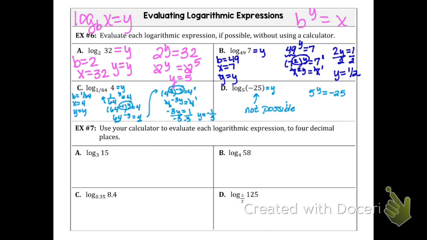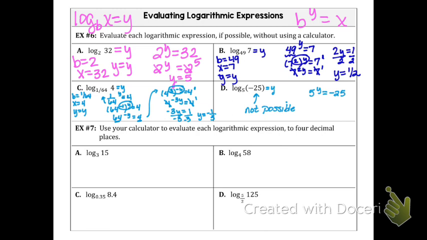All right, example 7, I want you to use your calculator to evaluate each log expression to 4 decimal places. Most of our calculators now have a log function on here. If you go to alpha window, you'll see it says number 5 there, log base. If you choose it, it will allow you to input a base there. So let's do that for the first one. Log base 3 of 15. Input the 3 and the 15, hit enter, and you should get